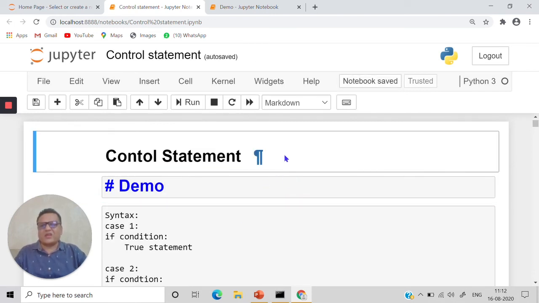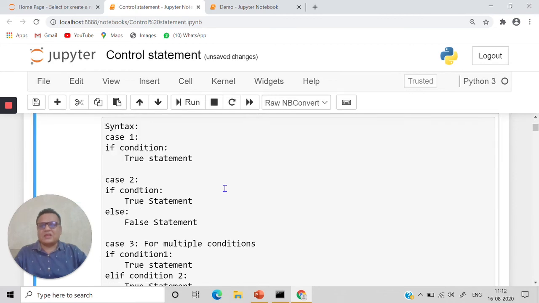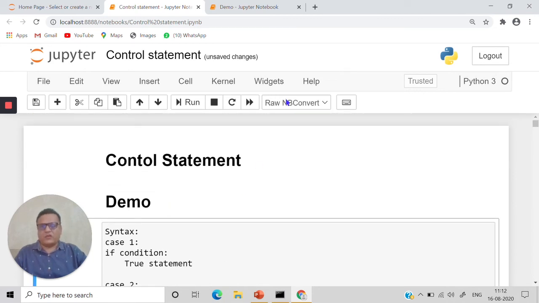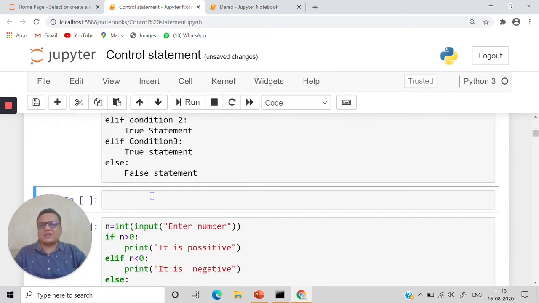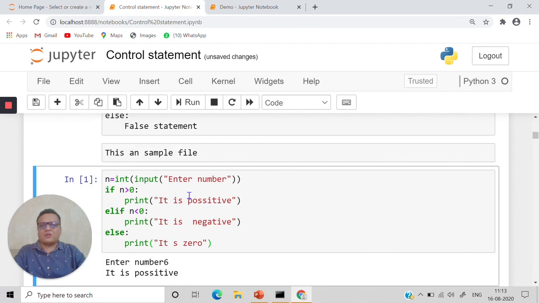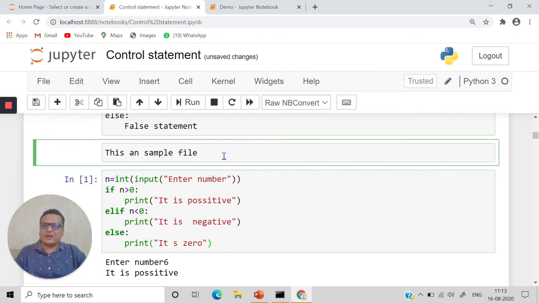This is how we can write headings. We can also write raw NBConvert. Let's say we take another cell. Here the code will not be executed. This is a sample file. Now this code will not run, it will be written as it is.